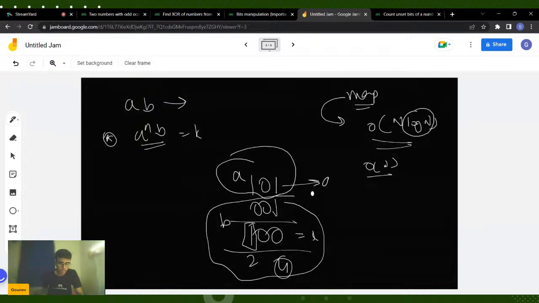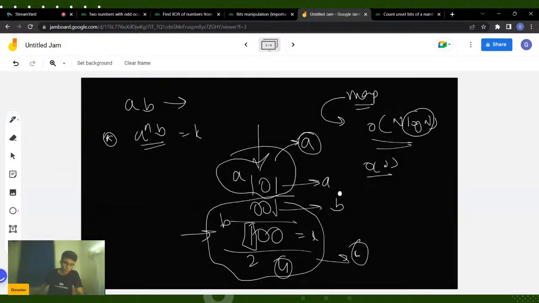So now this A, which was occurring an odd number of times, is actually in this particular group, and B, which is occurring an odd number of times, is actually in this particular group, and the rest of the numbers will be occurring an even number of times. So when you XOR this group and you XOR these groups, the number which is remaining is A, and the number which is remaining is B. So now you can output that.